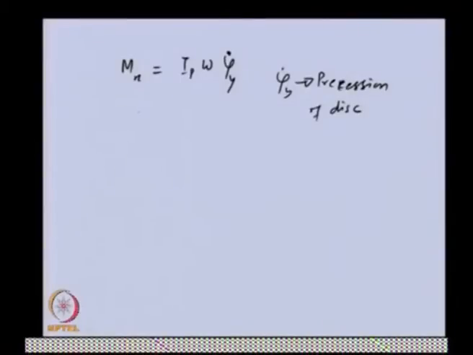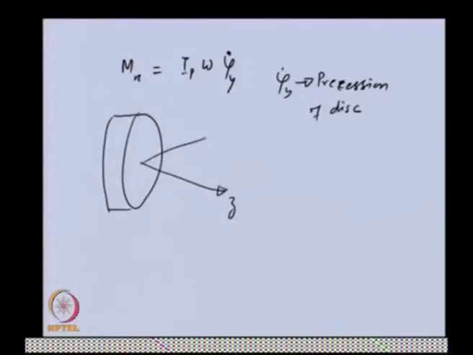Now let us consider the same disc. Now we will be applying the moment about the other axis. Let us say this is spinning about the z axis. We have the x and y axes, horizontal and vertical. We are applying, let us say, a moment in the positive y direction, M y. Looking from the top, it is clockwise. That means this moment direction is toward the downward direction about the y axis.